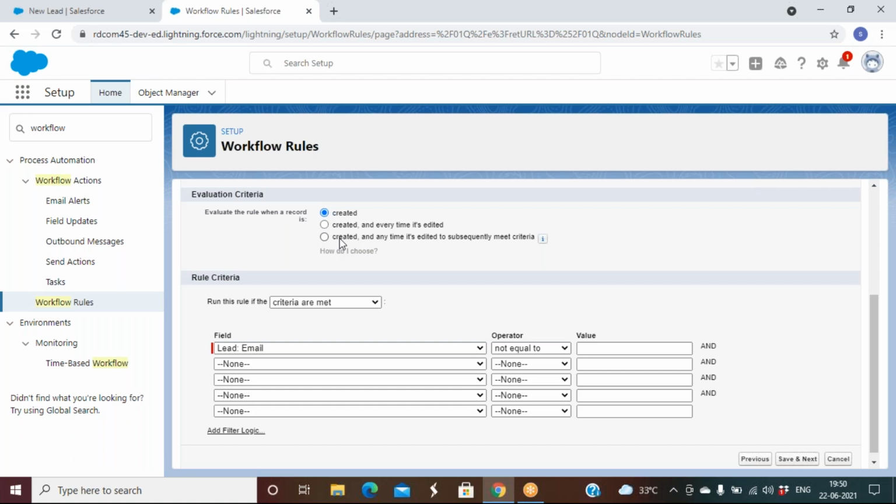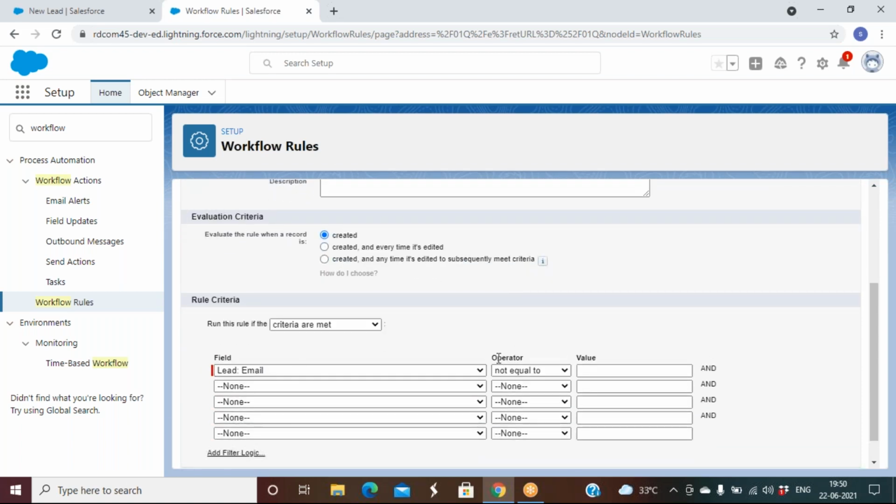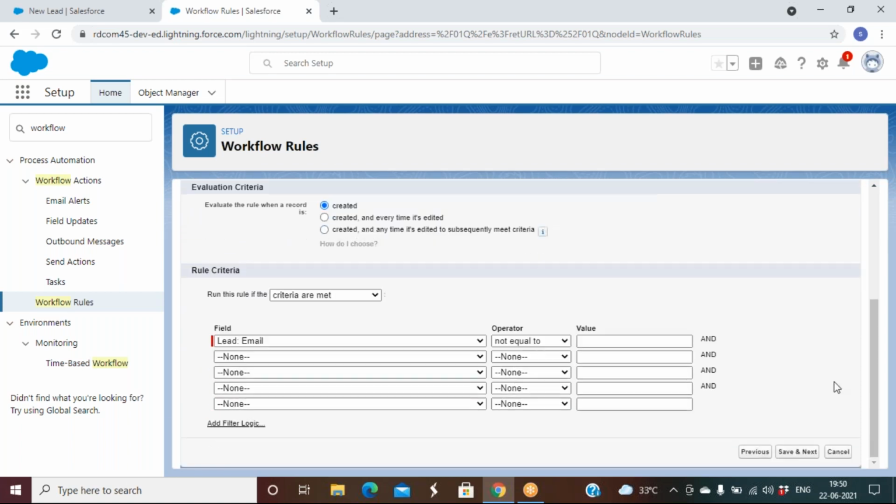Not equal to null means it has a value. Okay, so on the lead object, whenever a record is created, email not equal to null. Save and next.